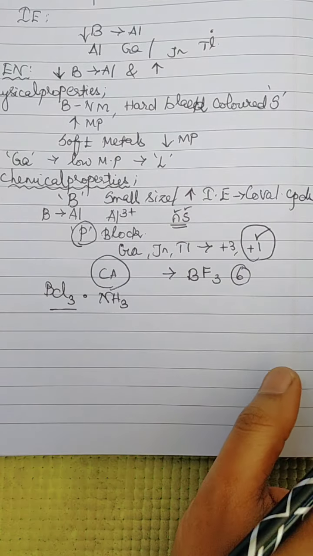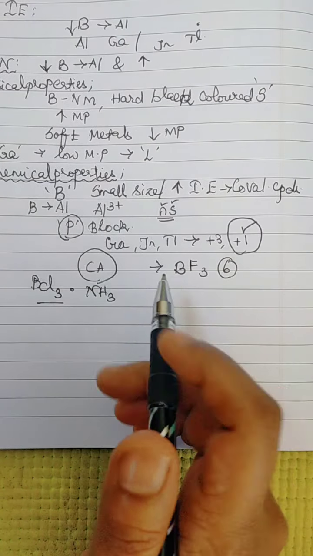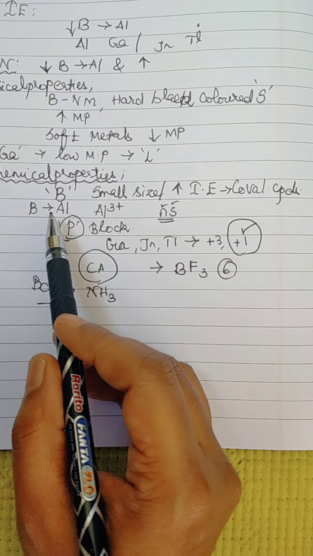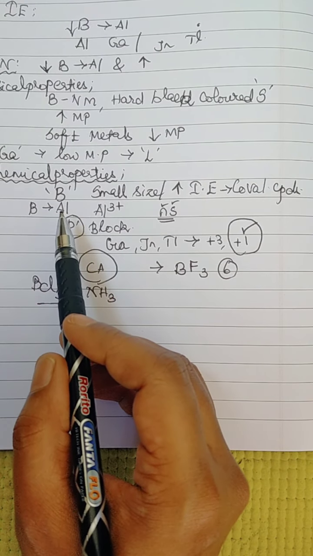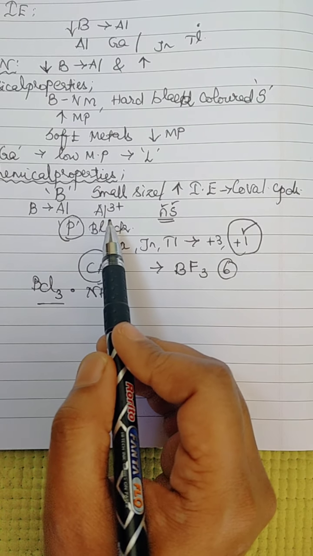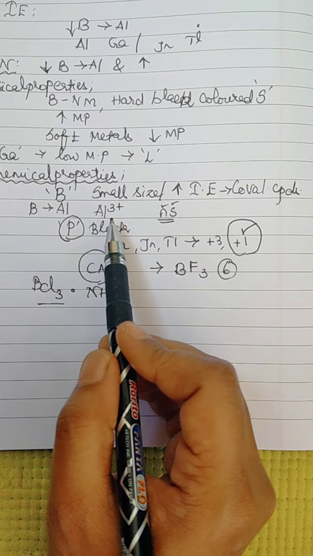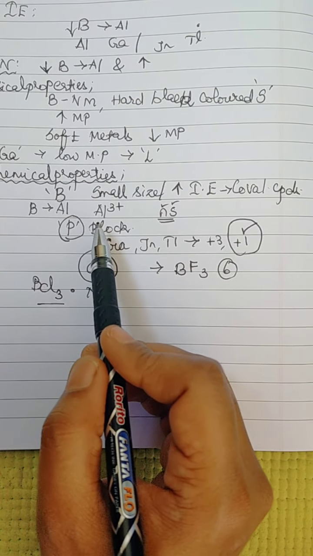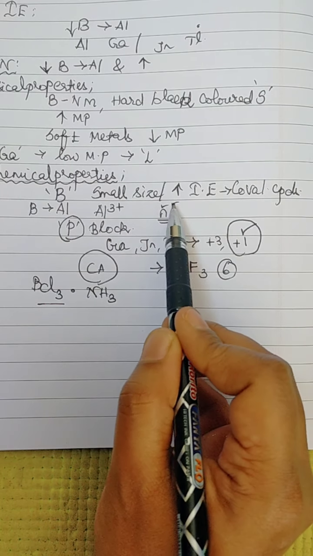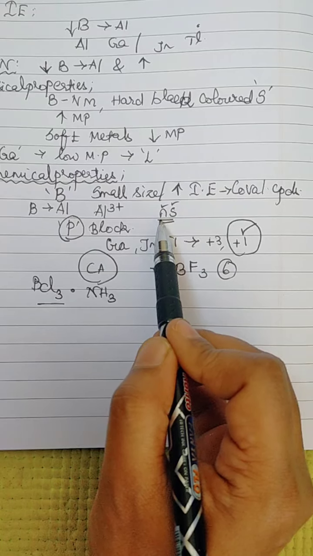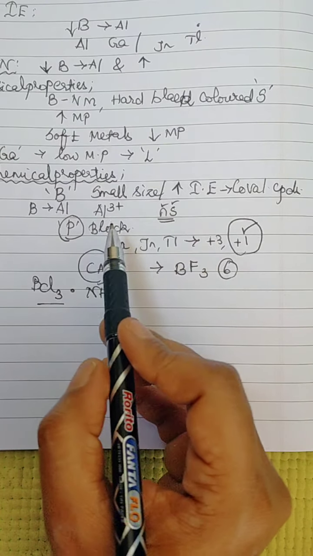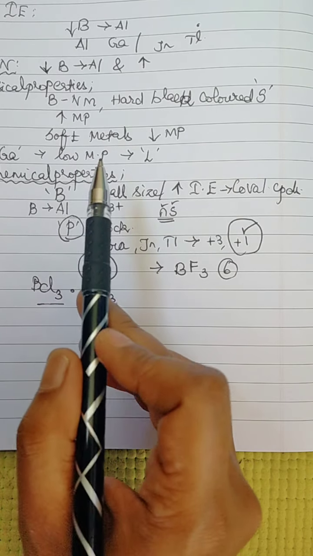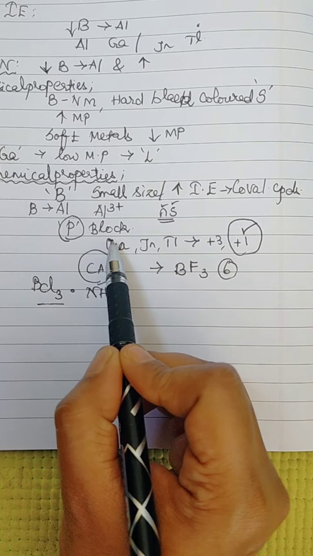Boron has a small size and high ionization enthalpy, hence more chances for it to form covalent compounds. But when we move from boron to aluminium, the sum of the ionization enthalpy is not much higher, so it can form Al3+ ions. Moving down the group, because of poor shielding and the effective nuclear charge holding the ns electrons tightly, they do not participate in bonding. So the only electrons involved in bonding are from the p orbital, hence these are called p block elements.